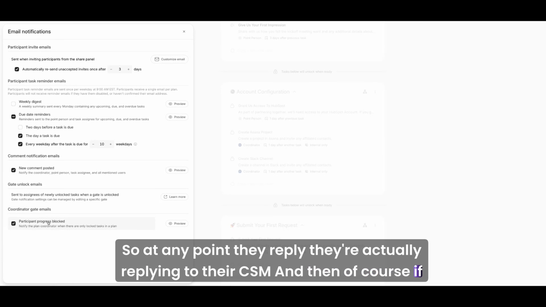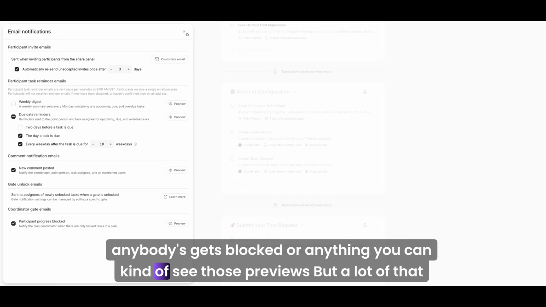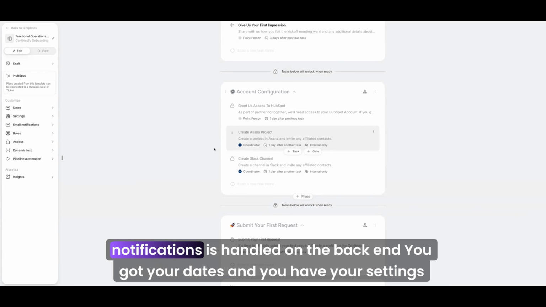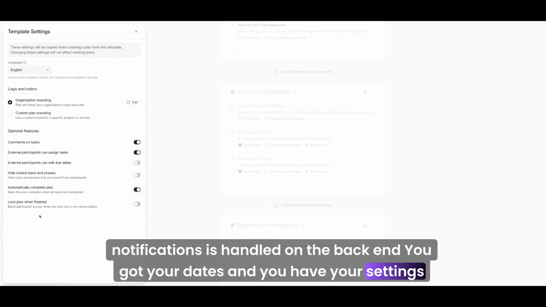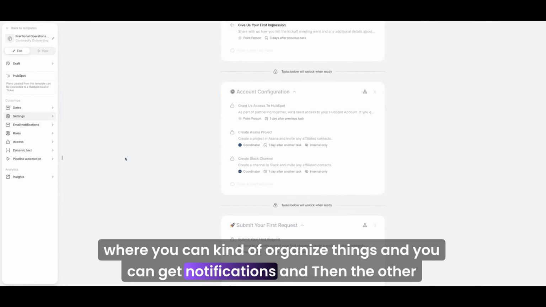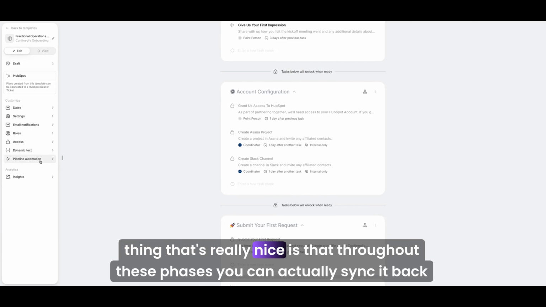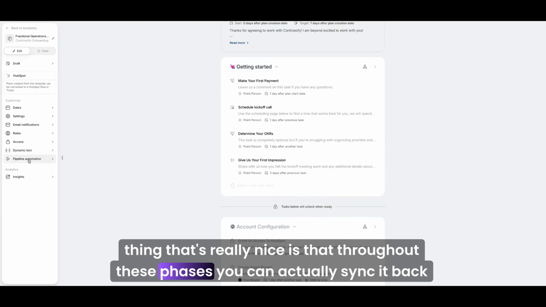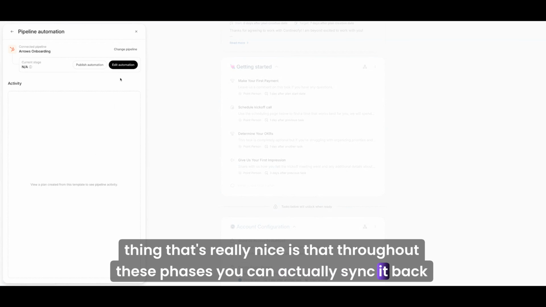And then of course, if anybody gets blocked, you can see those previews, but a lot of the notifications are handled on the back end. You've got your dates and your settings where you can organize things and get notifications. And then the other thing that's really nice is that throughout these phases, you can actually sync it back